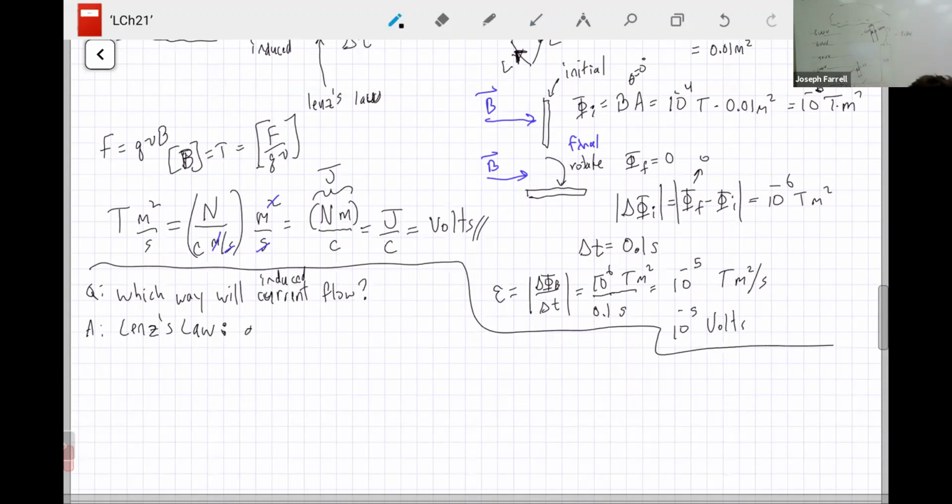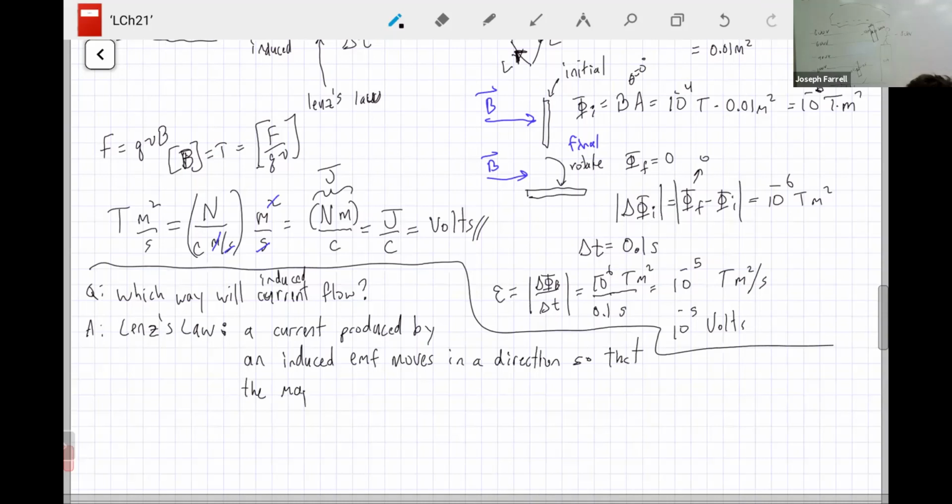The idea is this: a current produced by an induced EMF moves in a direction so that the magnetic field created by that current